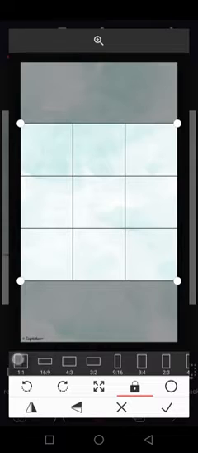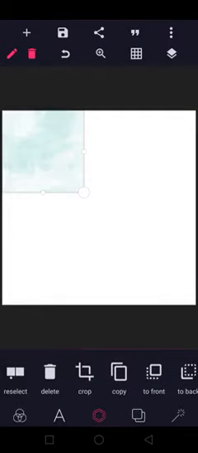Now, you can see this size is bigger than the size of our design page. So I'll just click on this 1:1 here and make it a square. That 1:1 means a square shape. So I move it up. This is the area I want to use for the design. Then I click OK. Then you see the design is not fully covering the whole page,